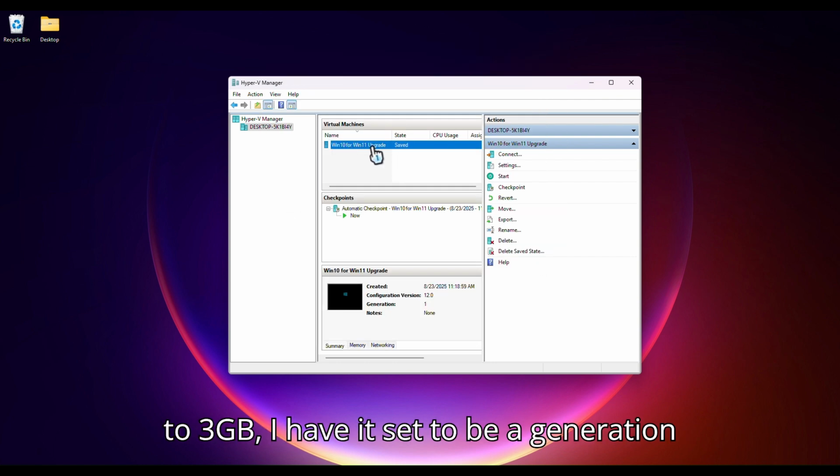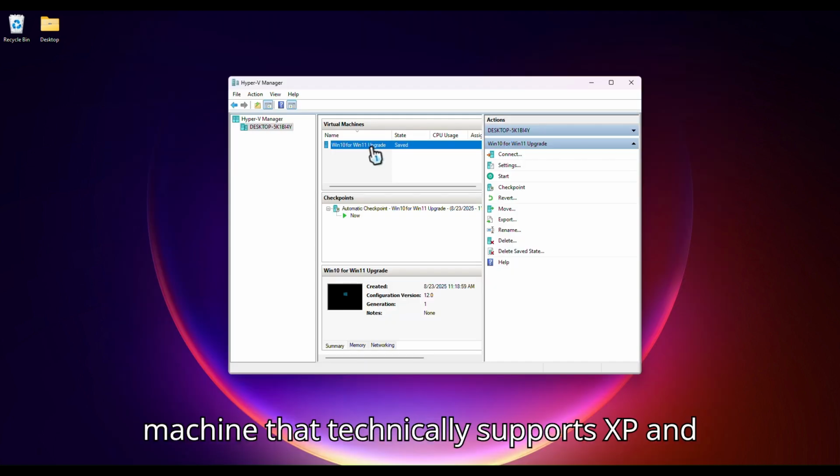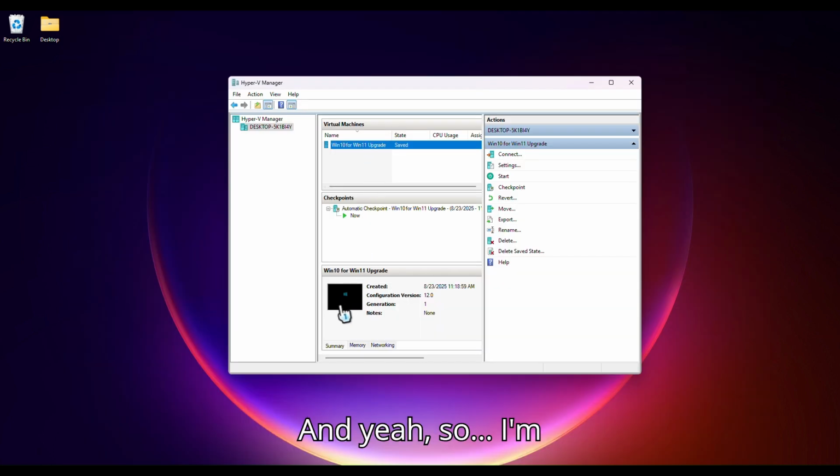I have it set to be a Generation 1 virtual machine, so a virtual machine that technically supports XP and older, pretty much. And yeah, so